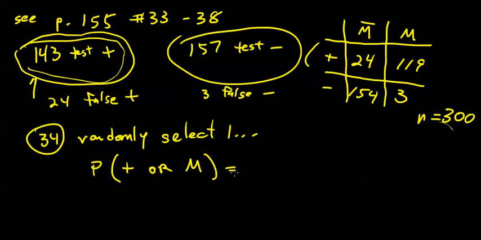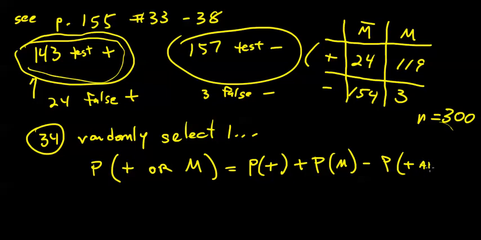Okay? Alright, and again, you can work this out either informally or formally. Let me do it a little more formally first. The probability of a positive result plus the probability of finding marijuana minus the probability of the intersection, according to the addition rule. Right? Probability of positive plus the probability of marijuana minus the probability of positive and marijuana. Alright, what's the probability of a positive result? Well, how many positive results do we have? Total, there's 143, the sum of this positive row, right? Divided by 300,